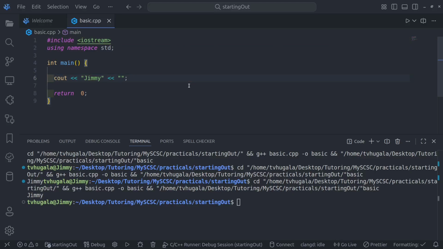Jimmy is my name, right? So this is going to print out the same as this one. Okay, but to prevent that from happening, you either put a \n here,